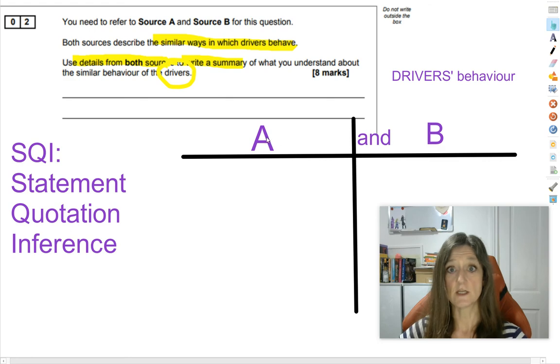We're going to read through both of those texts, which hopefully you've just done, so it should be fresh in your mind. And just think of your statements. What's similar about the behaviour of the drivers? So this time we're going to find similarities, but when we're summarising them, we're going to find probably differences when